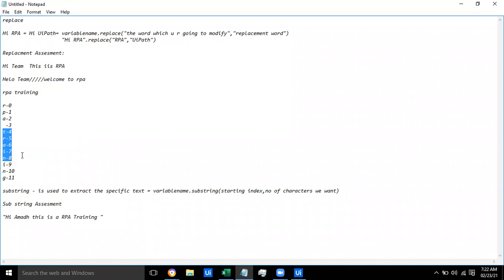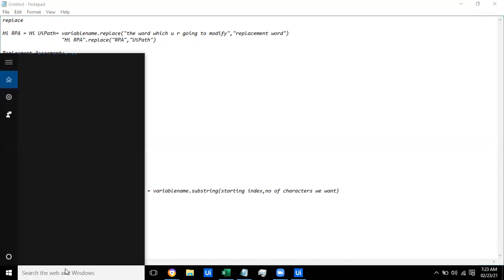Ahmed, now I have a question. I want "a space tr" as my output. How can I do that? A space TR. So we will have a start with 2, and 2 and 4. Super, Ahmed. So here, guys, let me open a Word file, so it will be better.